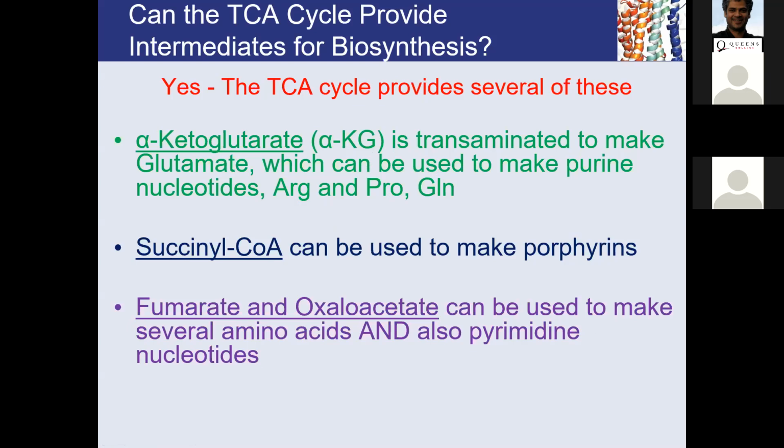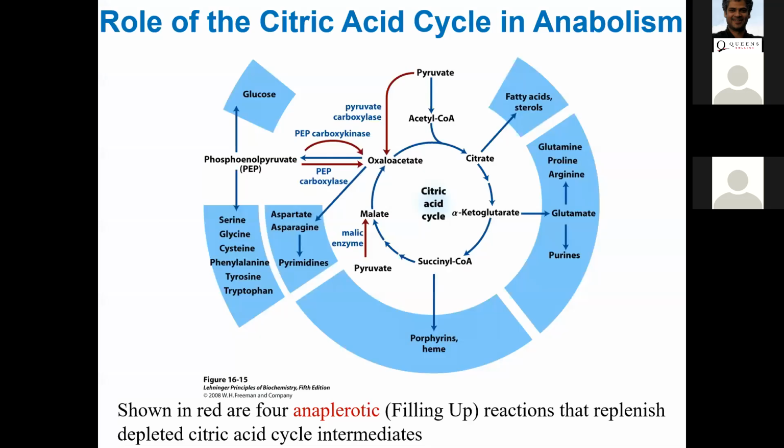So we always think about the citric acid cycle as a cycle that generates energy, right? But oftentimes, when there is a need to make new molecules, when there is a need to regulate the pathways so that we can turn on anabolic pathways, then these intermediates can be siphoned away from the citric acid cycle and utilized to make those important molecules. So here I'm showing you a role of the citric acid cycle in anabolism, right?